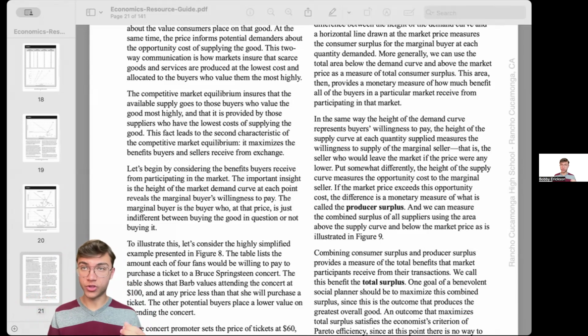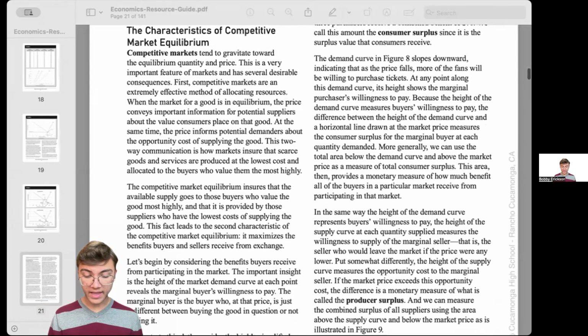So, for example, if you value gas a whole lot and say, no, I need my car, this is very important to me, and you are willing to pay for it, then the competitive market equilibrium model is ensuring that you are going to get your gas if you value it most highly.